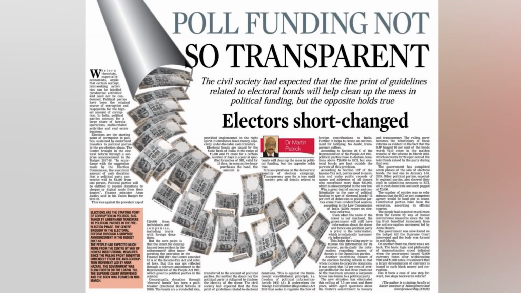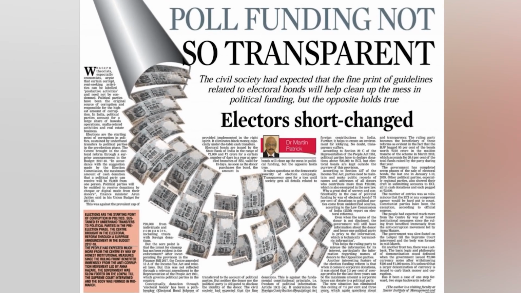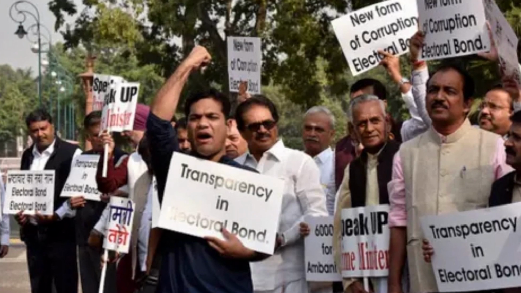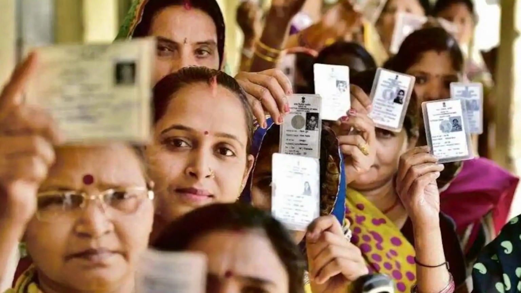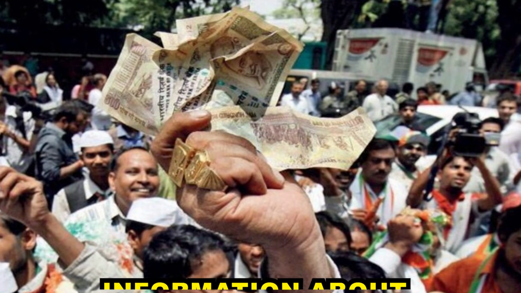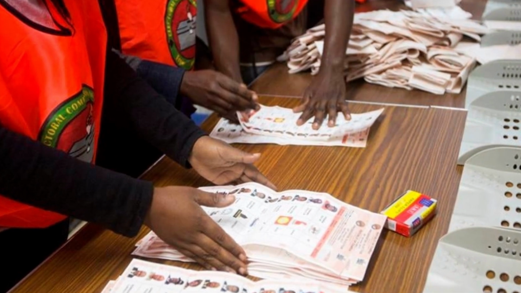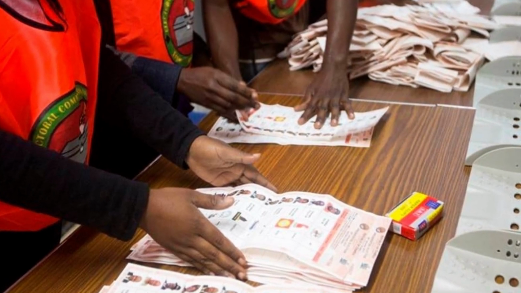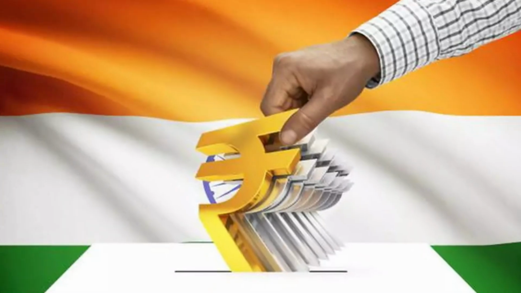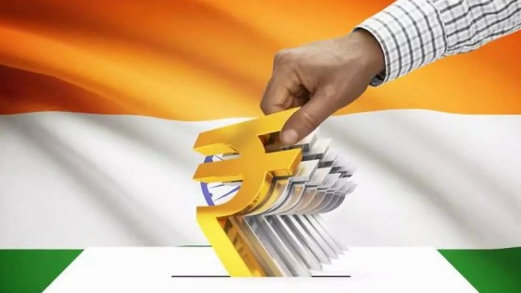This push for transparency aims to shed light on the financial backers of political parties, particularly corporate contributors deemed essential for maintaining a fair democratic process. The court ruled that information about corporate contributions through electoral bonds must be disclosed, as these donations often involve quid pro quo arrangements. The court also declared amendments in the Companies Act allowing unlimited political contributions by companies as arbitrary